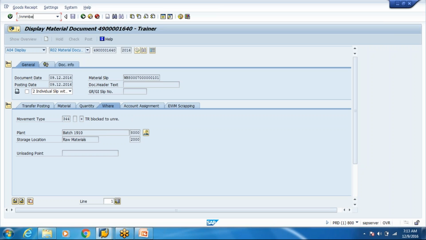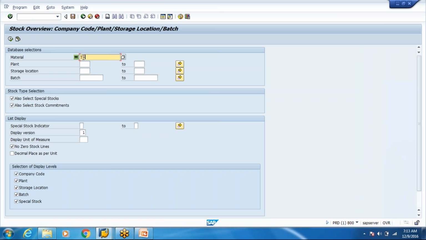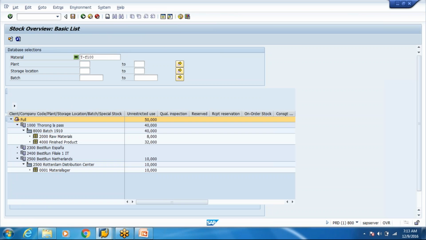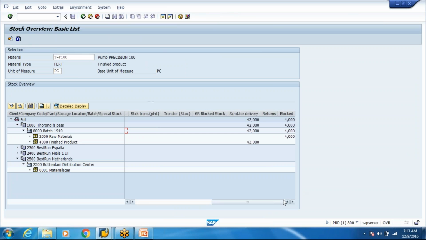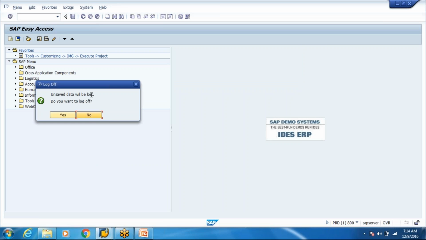First time we have put this stock into block. So you can also check in MMB. This is stock in the ECC system. In our EWM system, we see stock in the monitor. Here you can see some stock in block now, 4 pieces. So this is how we work with our